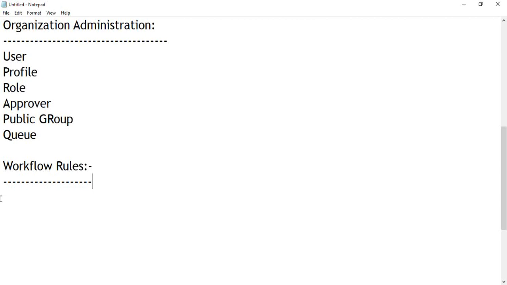So that is about workflow rules and triggering the email alerts. And then, in the approval process,